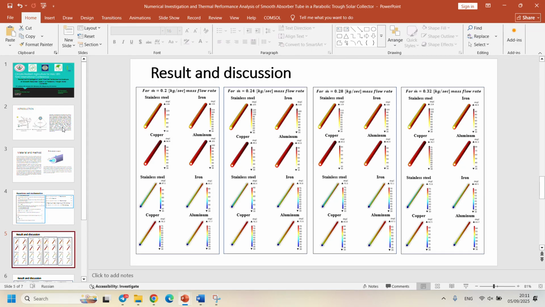And also you can see that the surface temperature variation of the heat transfer fluid is relatively higher with the stainless steel one, but the minimum